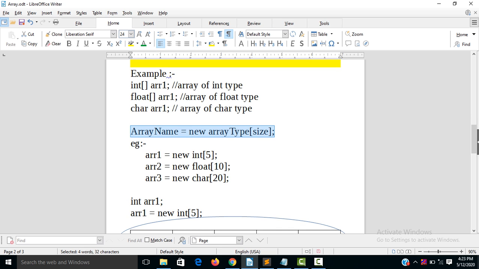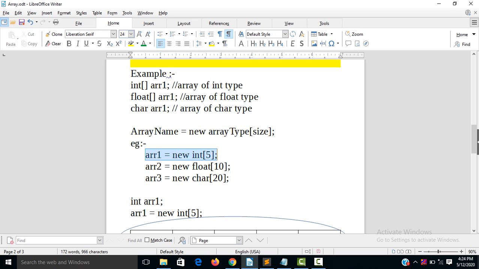And this is the initialization. So array name equal to new array type size. Here we give the array name, here we give the array type, and here we mention the size, as shown here. So here you can see that arr1 is the array name equal to new, which is an operator, and int is the array type and 5 is the size of the array.